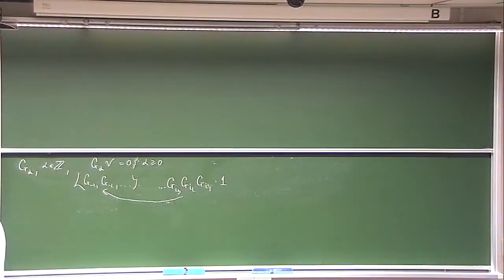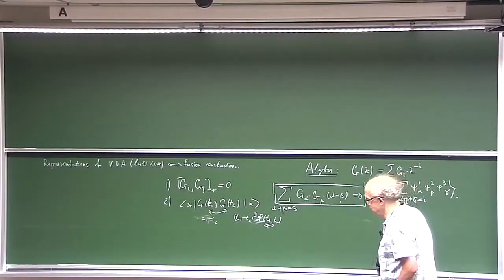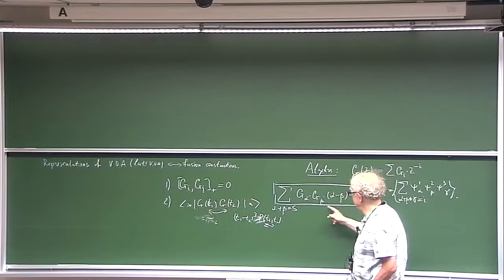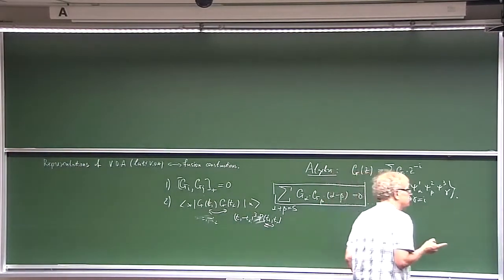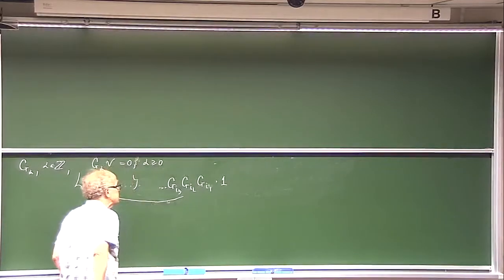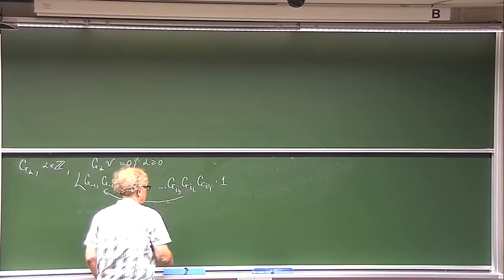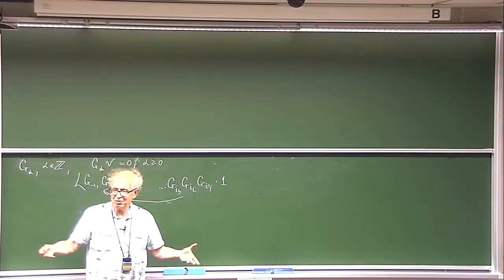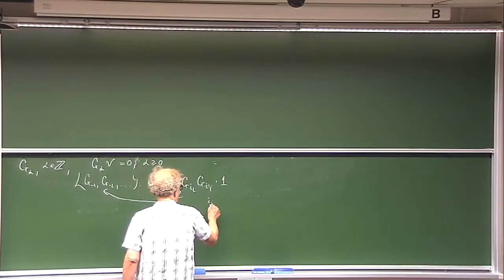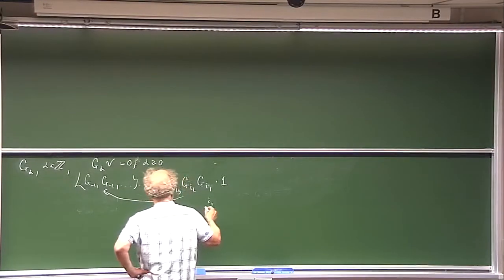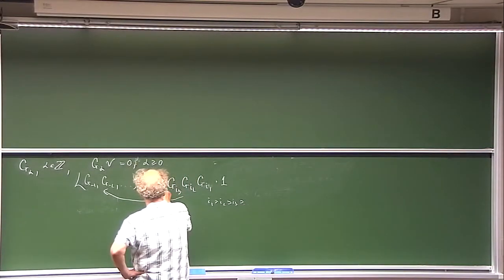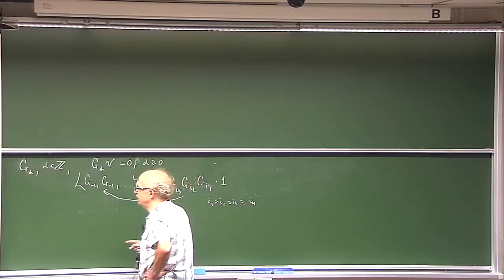But we also have to see that if they are just skew symmetric, and this relation does not hold, then in this case the corresponding representation has as a basis monomials of such a structure, where these indices cannot be equal, because as fermions the square of each element is 0, and they are skew symmetric, so it means that i1 is bigger than i2, bigger than i3, and so on. But this is in the case when